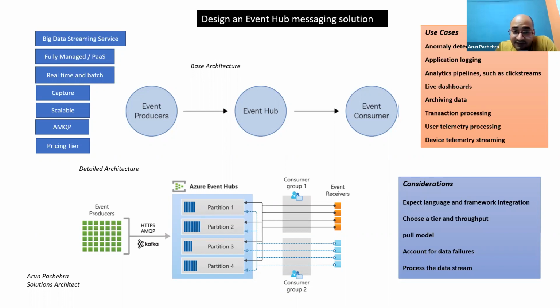Now, last but not the least, process the data stream. Events received by Event Hubs are added to the end of its data stream. This data stream orders events by the time they are received. Yes, there is a timestamp, and consumers can seek along this stream using time offsets, temporal data. Well, this is all about designing an Event Hub messaging solution. We went through a lot of Event Hub, and